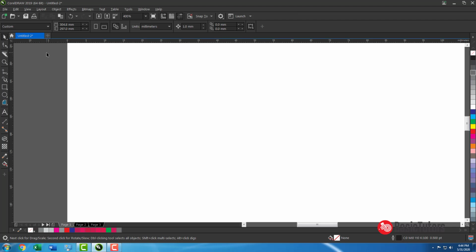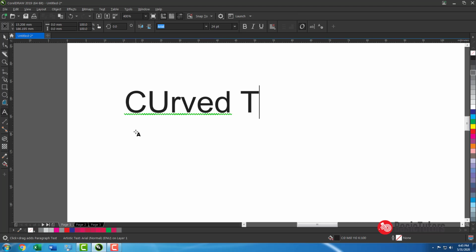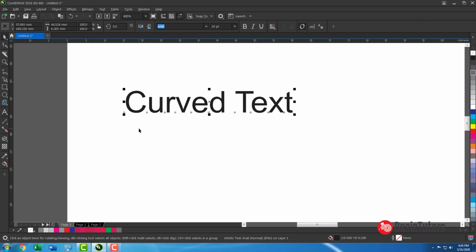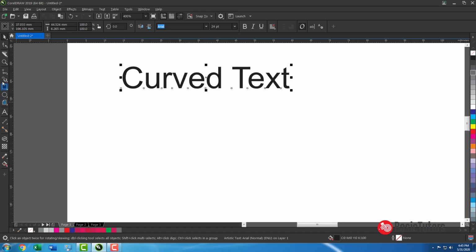The next thing is that there are some important things in the text tool. One option is called fit text to path.